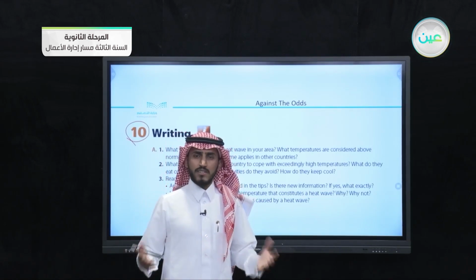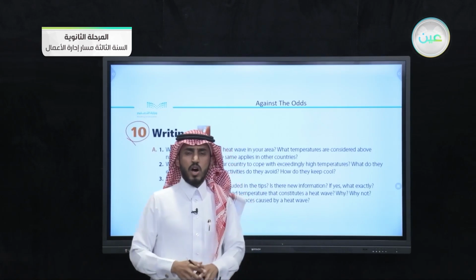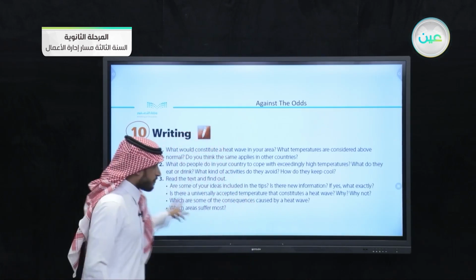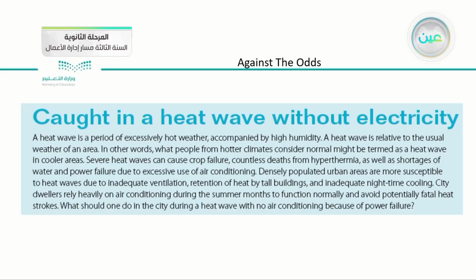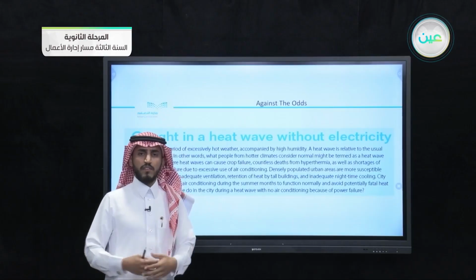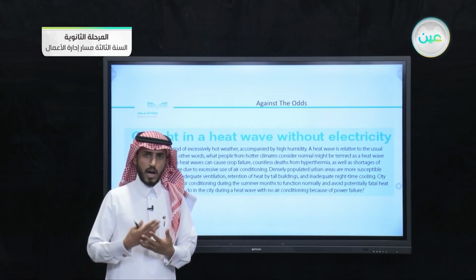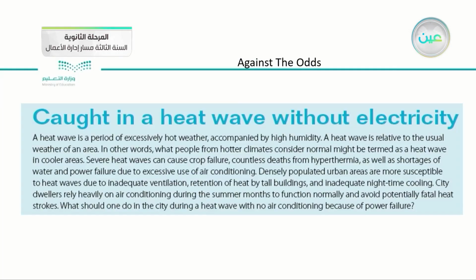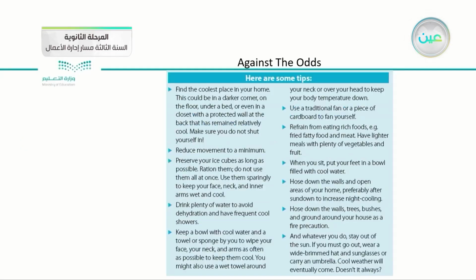After that, we read an article, a piece of text about a disaster. We read this piece of text, "Caught in a Heat Wave Without Electricity." We had some information about heat waves. We learned about how to protect ourselves from getting stuck by the heat waves. Then after that, we read a how-to guide about how to prevent being stuck in heat wave